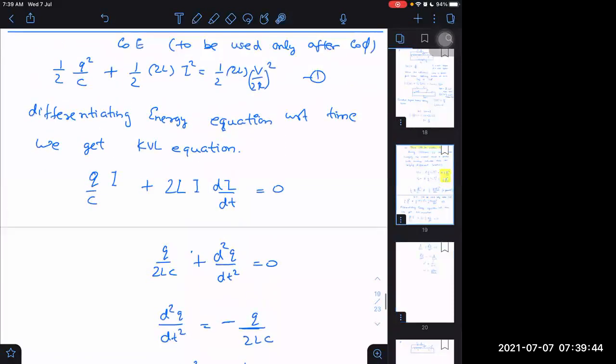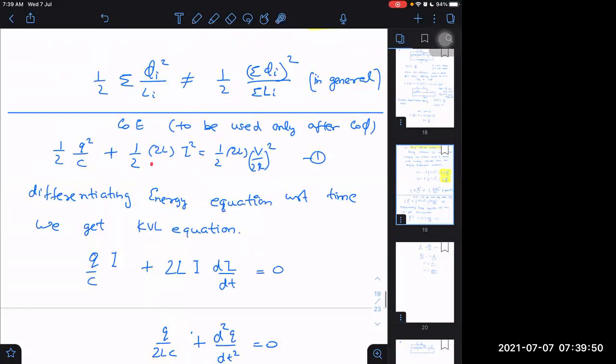After that, we used to say that this is equivalent to half kx square. I used to compare it with half kx square plus half m v square. And then we used to say time period is equal to 2 pi root of m by k. Here also we can do that thing: effective m and effective k, where the factor k is 1 by C. Then directly the time period we can write.